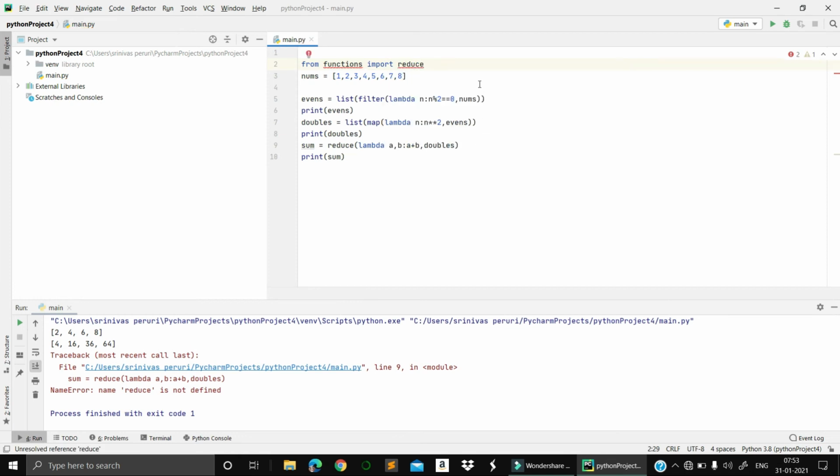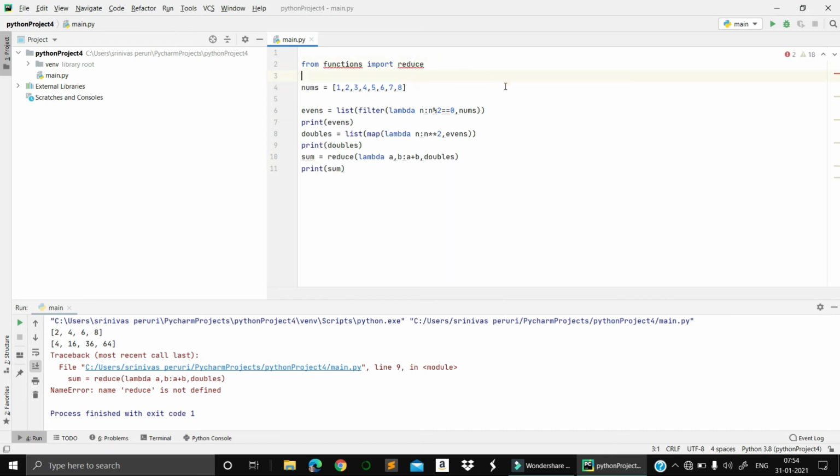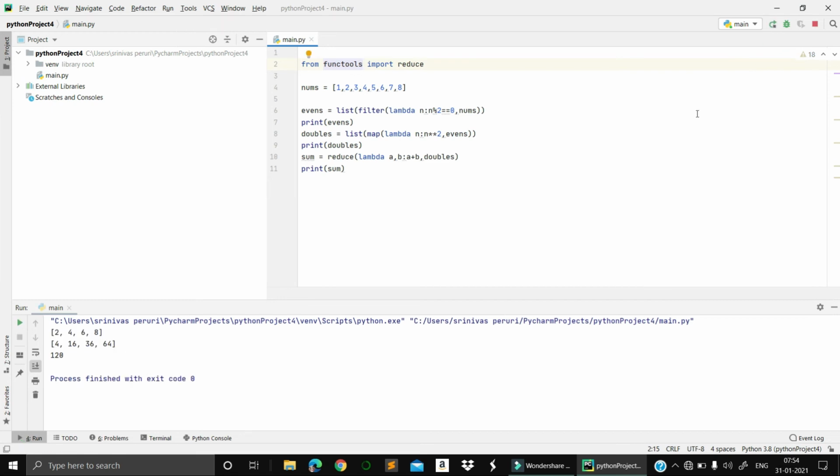Okay, it is done. From functools import reduce. Then let's run this one. I'm getting it, right. 6436. It means these are the even numbers in one line.